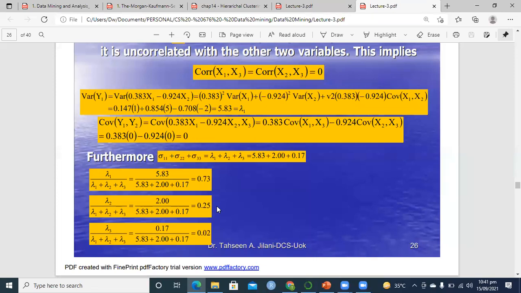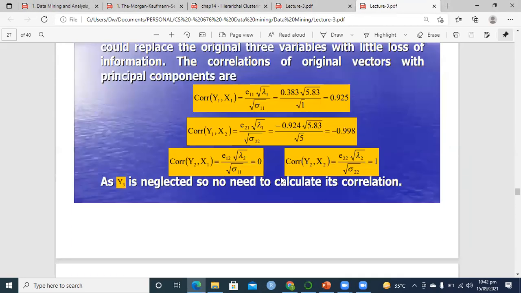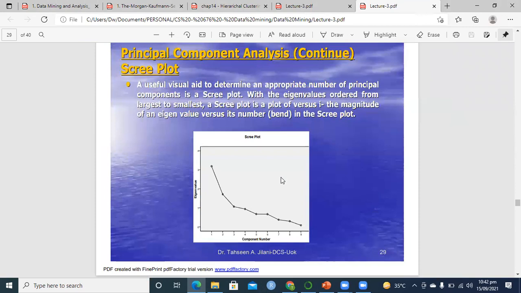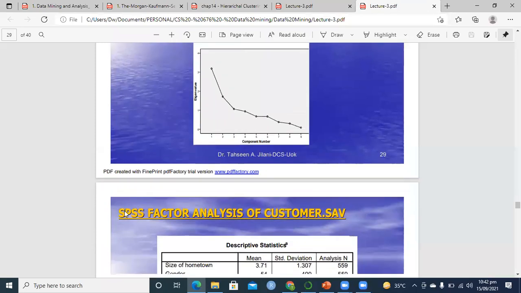In social science, even if you have 50 variables, you cannot get 70% or 75% explanation using principal components, because social science means human psychology, and human psychology is quite different from person to person. In this context, this is called a scree plot. In a scree plot, you can say if the eigenvalue is less than 1, ignore it, and if you are in great need, you can include them as well. The more eigenvalues you include, the worse your data reduction performs. For example, if you have 50 variables and you consider 40 of them, your data reduction is not very useful.